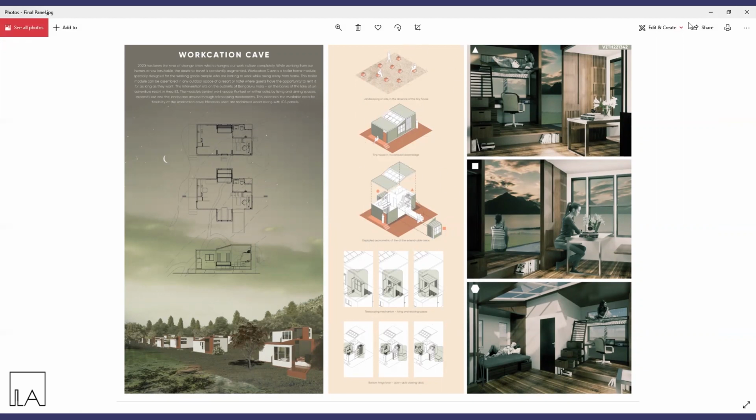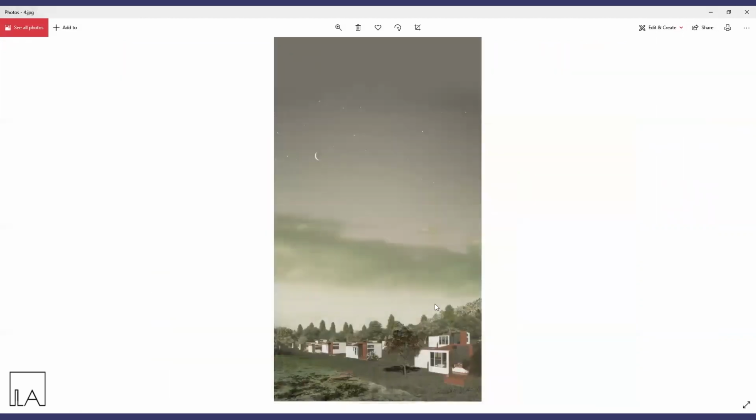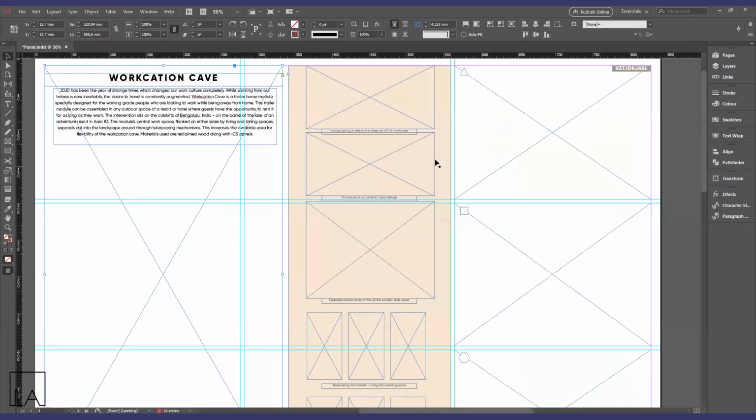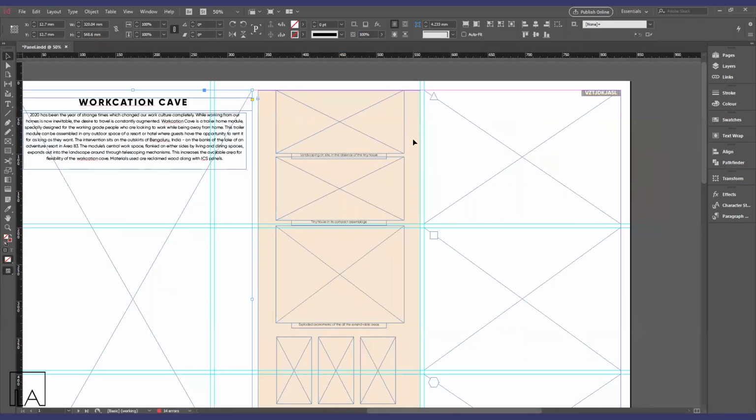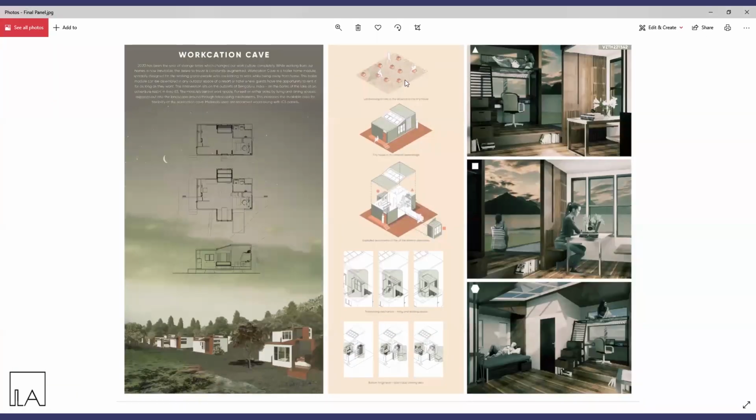Now, coming to the diagrams in themselves, in the InDesign panel, we have chosen a simple plain background, which is one color of the color panel that we have. And in that, we have frames that will now hold these diagrams. Now, the way in which the diagram sequencing is also done is to showcase the idea behind the project from a site level to a smaller context level to the design and the detailing level.